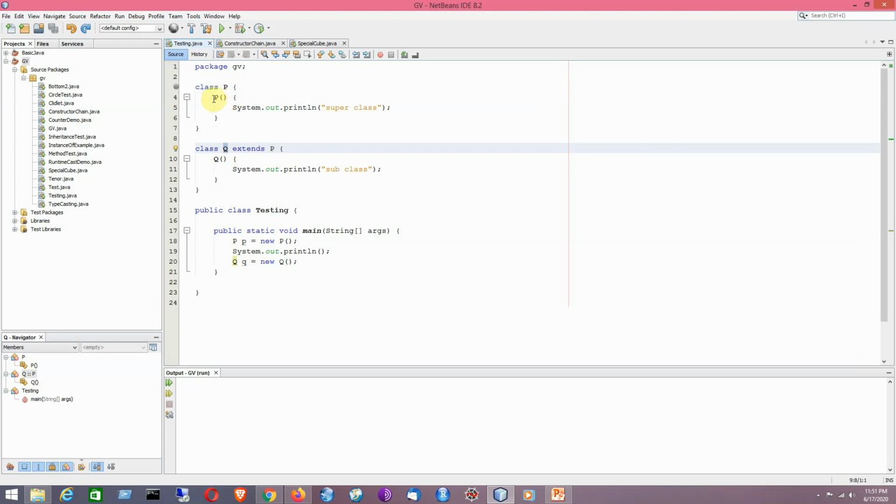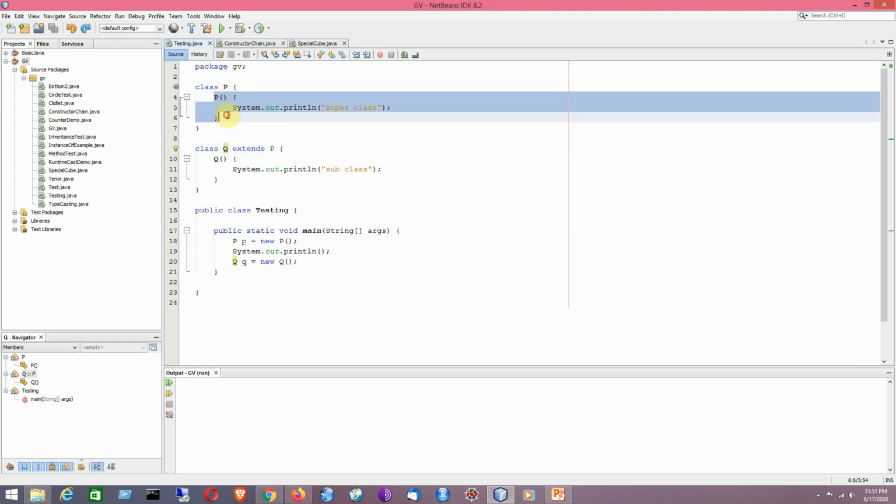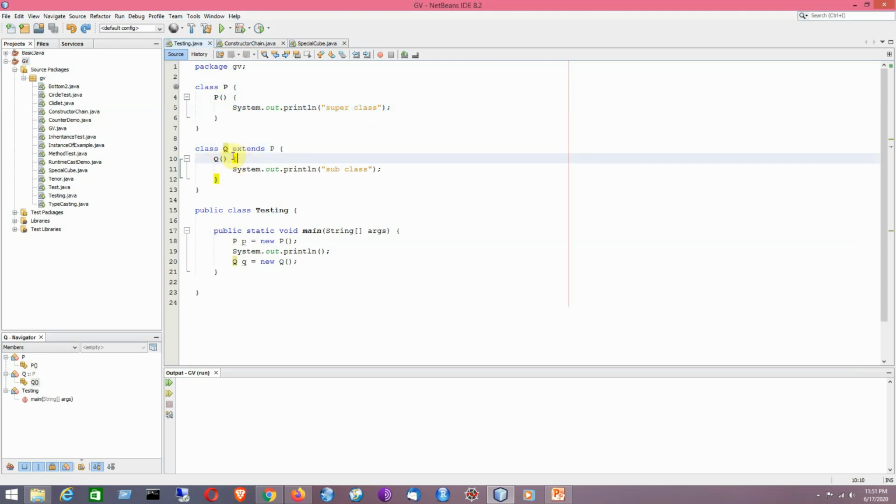In the constructor of the class P, it is having a simple SOP statement mentioning that it's a superclass, and in the constructor of the subclass it will be mentioning that it is indicating a subclass. So that is the idea.